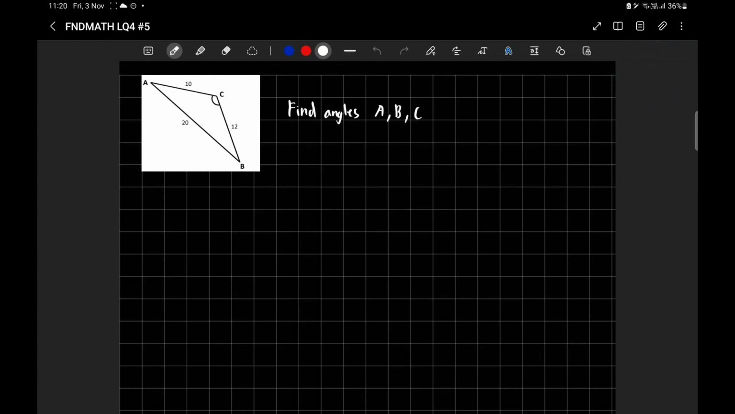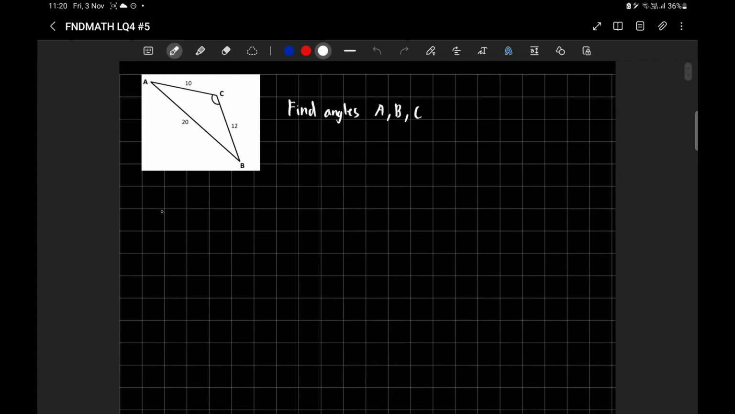Problem number 5. We've already dealt with this type of problem before in our problem number 4, so if you haven't watched that video, I highly suggest you watch it. For this type of problem, we have another obtuse triangle. We have learned from the previous video that the law of sines